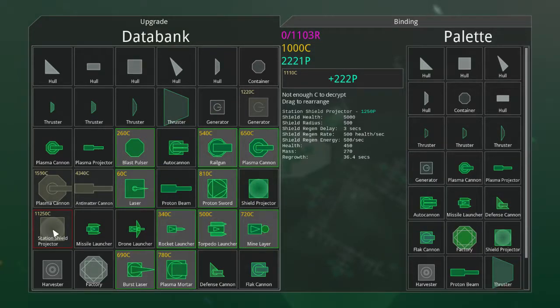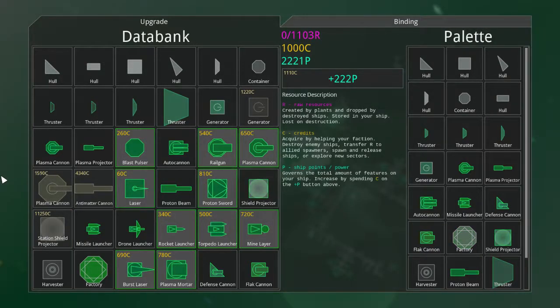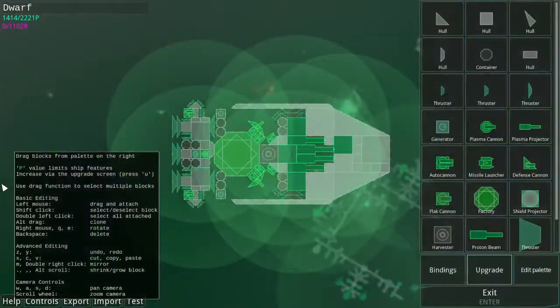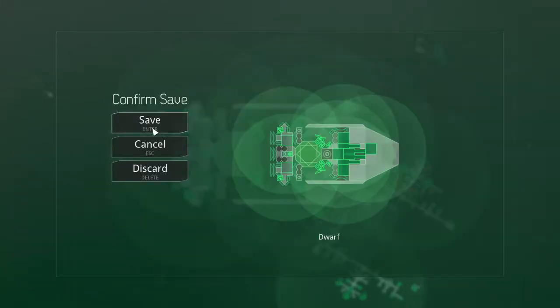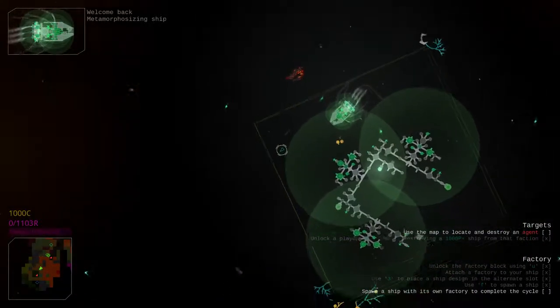Let's save up for this. The station shield projector. If I can get that, then maybe I can start updating the bases. Okay, so let's exit, save, and then build up some amount of...